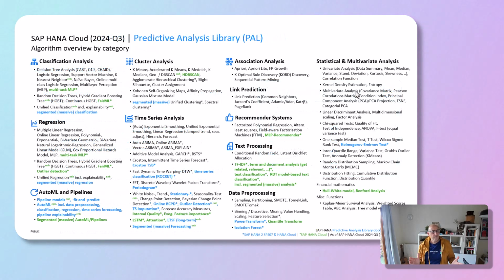Here now you get an overview about the richness of the Predictive Analysis Library and its functions. Over 100 functions. We kind of stopped counting all the algorithms we do provide. By the color scheme, you can basically see which are the new or enhanced functions only available with SAP HANA